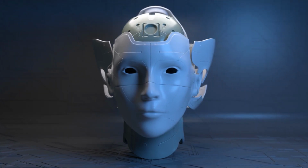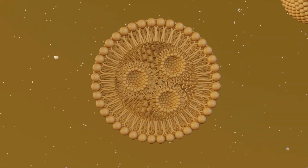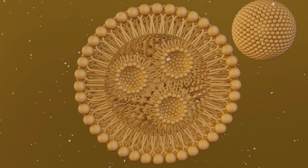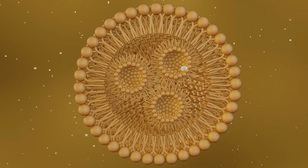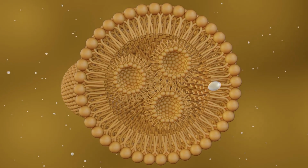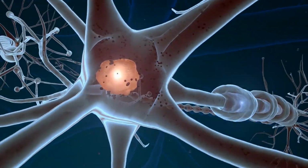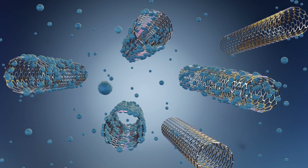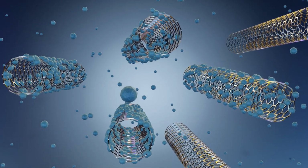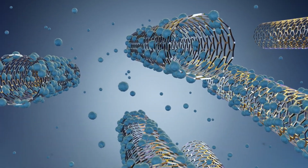Neurological disorders. Nanobots have the potential to transform the treatment of neurological disorders by delivering therapies directly to the brain and nervous system. How nanobots can help. Blood-brain barrier penetration. Nanobots can cross the blood-brain barrier, a protective barrier that prevents many drugs from reaching the brain, allowing for targeted delivery of therapeutic agents. Neuroprotection. Nanobots can protect neurons from damage and promote the repair of neural tissues. Parkinson's disease. Nanobots can deliver neuroprotective agents to the brain, slowing the progression of Parkinson's disease and improving patients' quality